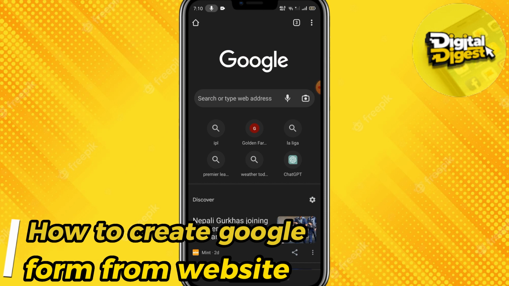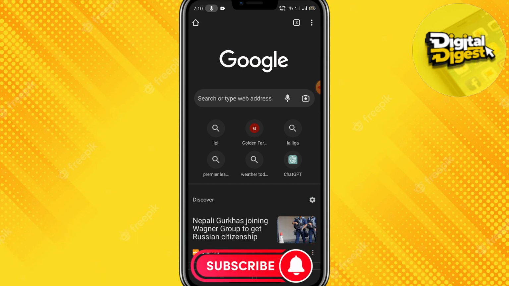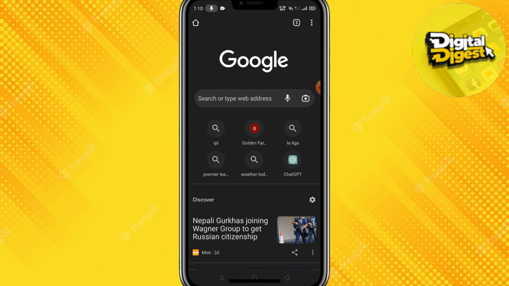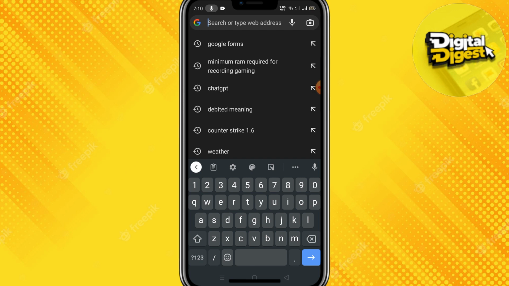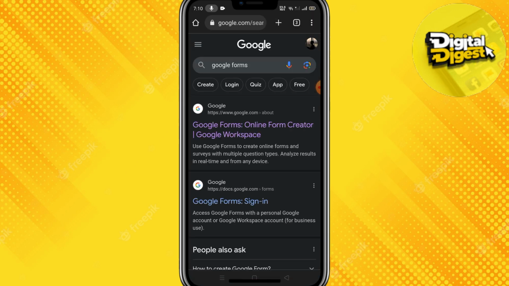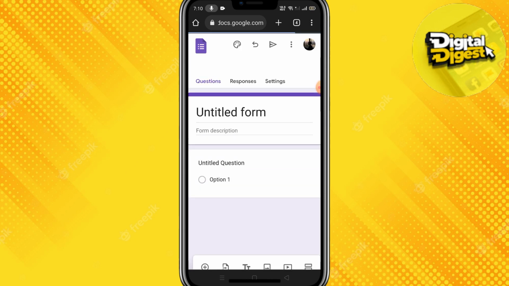from website. So to do that, first go to your Android browser, and once you're here, simply search for Google Forms. Alright, so now all you have to do is click on the first link and you'll be redirected to Google Forms website. And now sign in with your Google account, enter your username and password, and you'll be able to